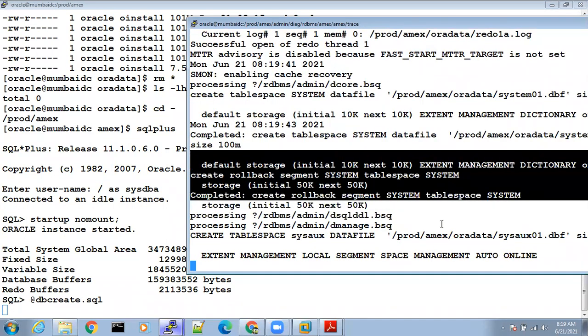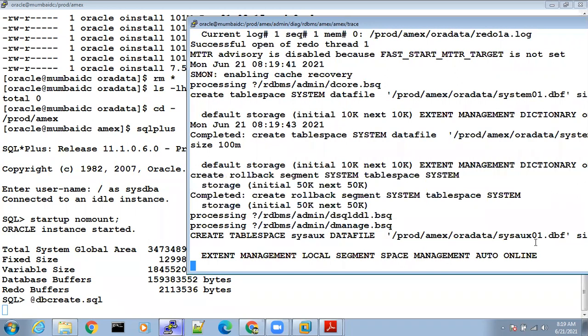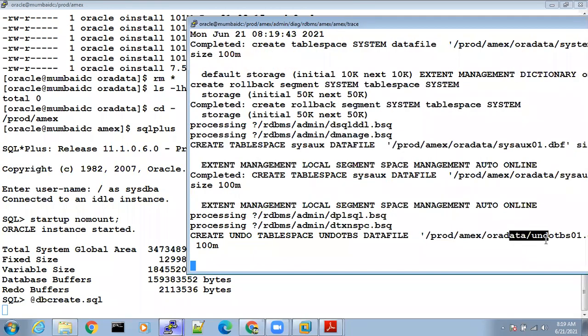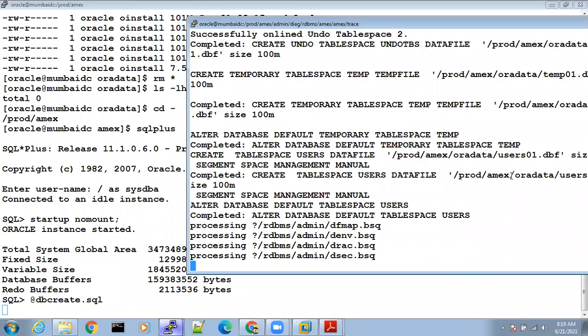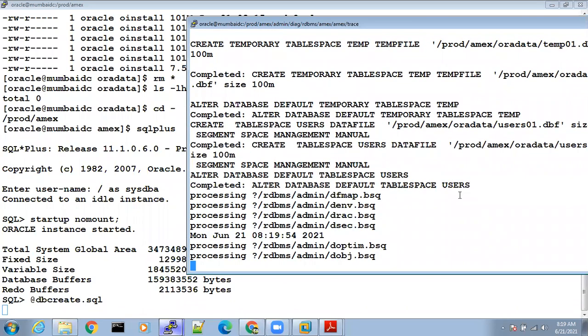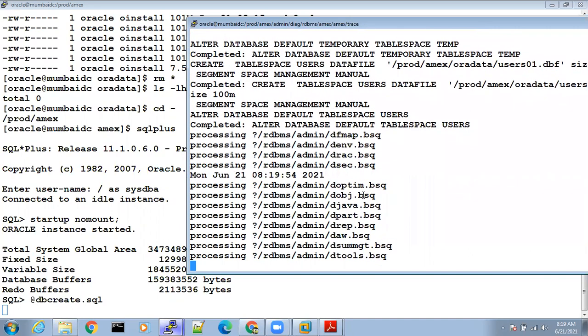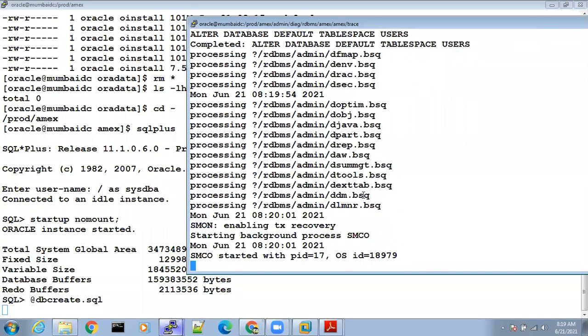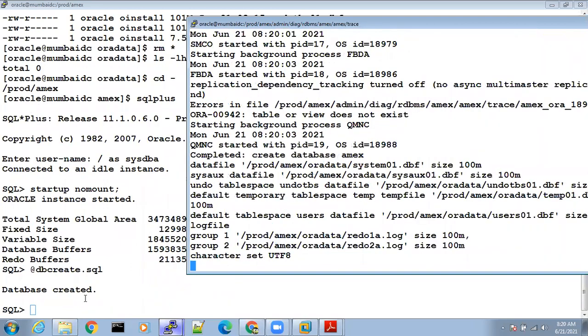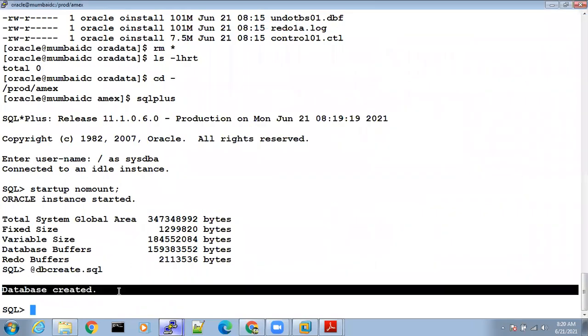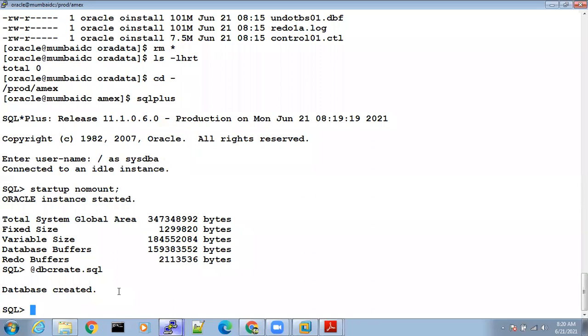System, sysaux is being created. Next undo is getting created. Okay, next mx. Users is created, completed. Database creation is complete. See, the database is created.